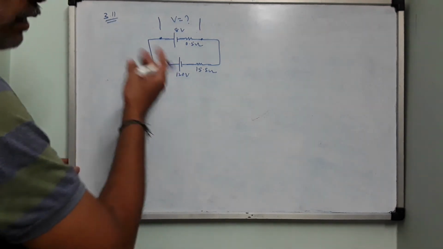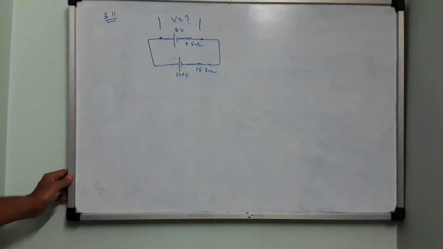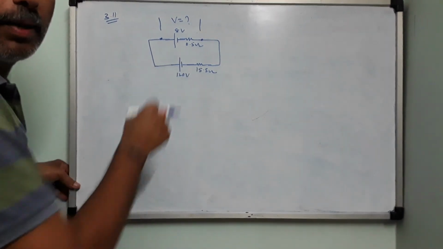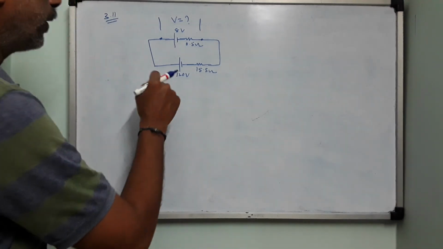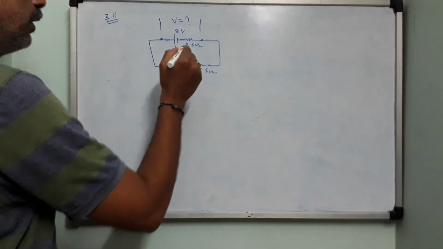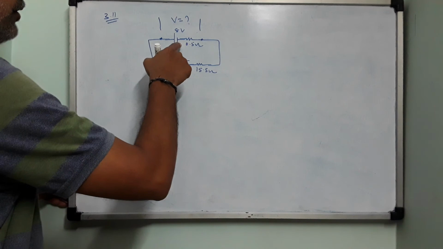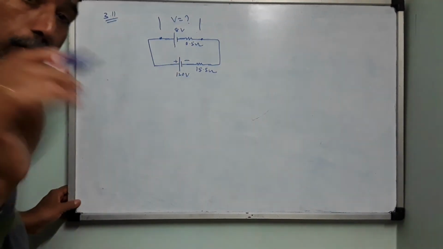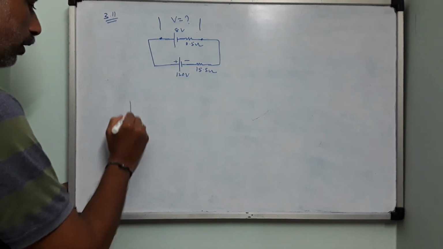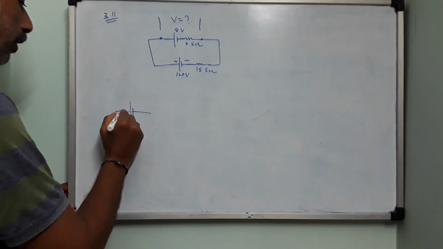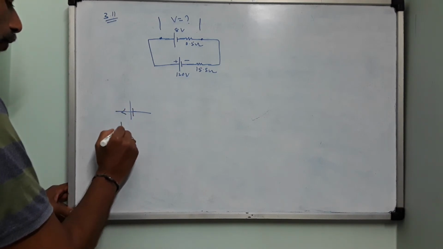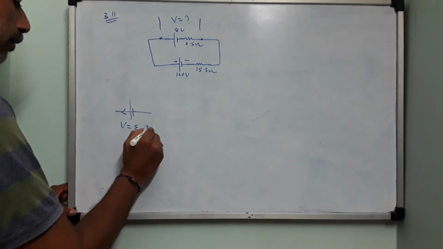Right. So, sir, how can you draw this circuit like this? Why are you taking plus this side? Why can't you take minus this side? I have taken plus this side because in the question it is given that this is being charged. So children, I told you during the cells topic, if current is coming out of the cell, then we write V equals to E minus IR.